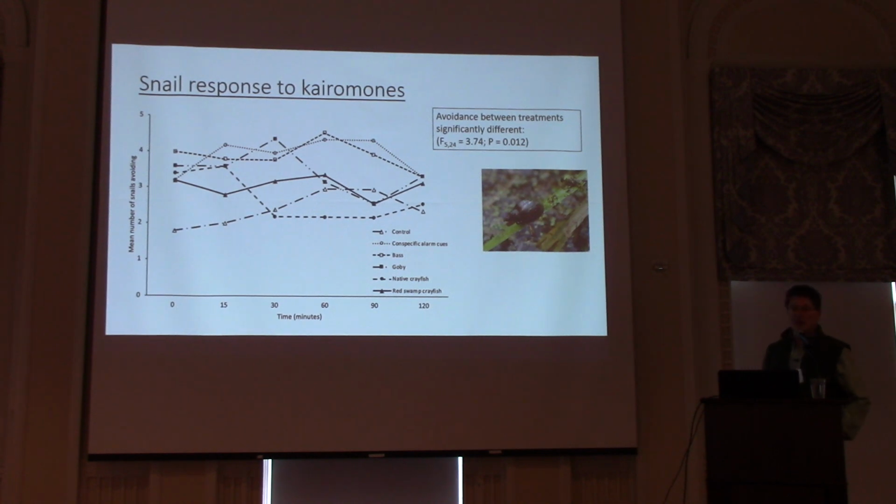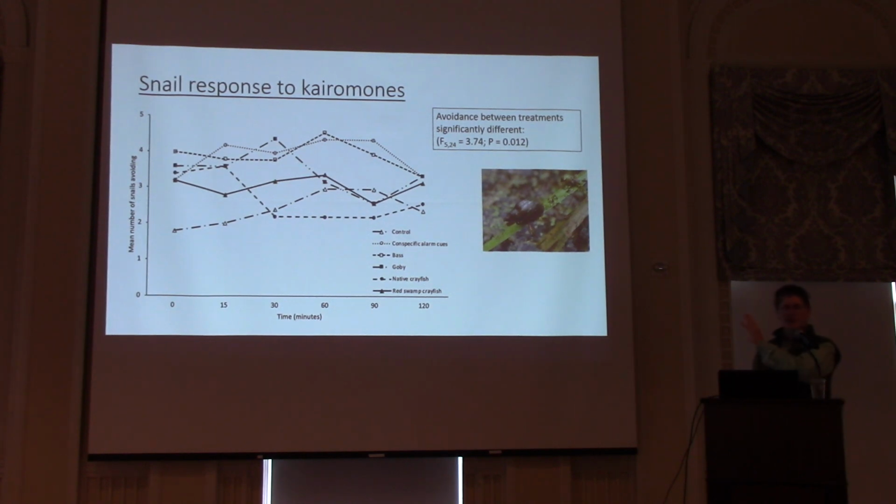They initially respond fairly strongly to gobies, but within 30 minutes, they fail to respond appreciably to the presence of round gobies. So that'll come back again. And all the responses to fish are stronger than the responses to crayfish, even though crayfish are quite efficient snail predators. And the difference between the non-native and native crayfish is fairly large in here. And actually, they respond a little bit more to the non-native crayfish.